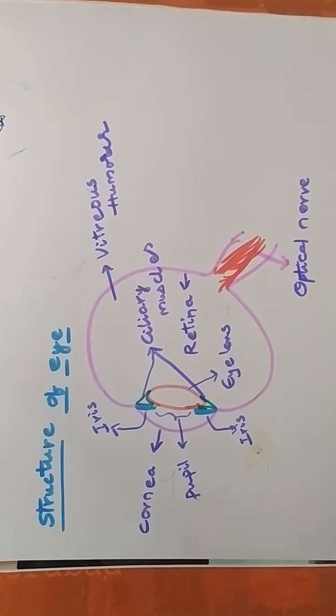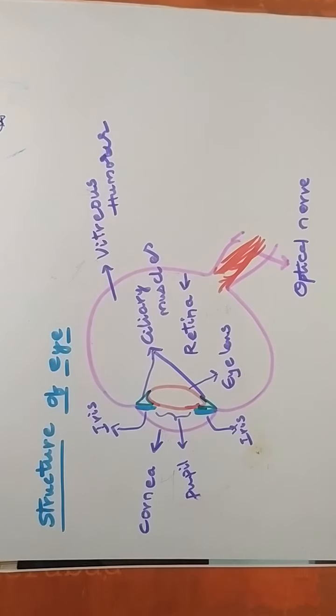Okay, so what is the eye? The eye is a natural optical instrument which enables us to see the things around us by forming images on a screen. Here the screen is nothing but the retina. Whatever objects we are able to see, where are the images formed? The images are formed on the retina, so the retina is acting like a screen.